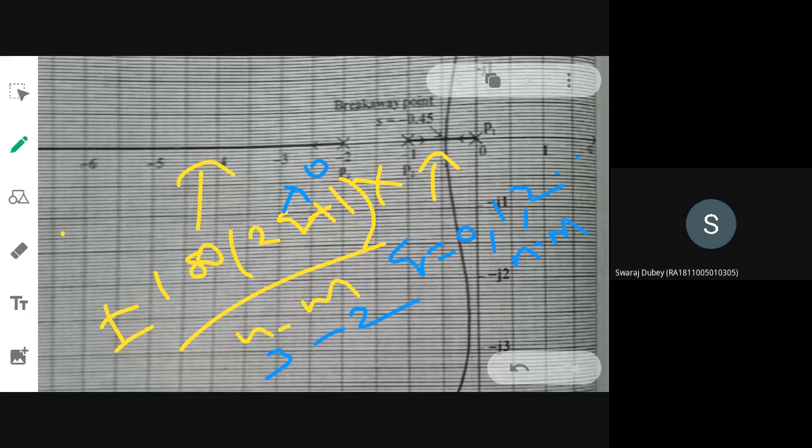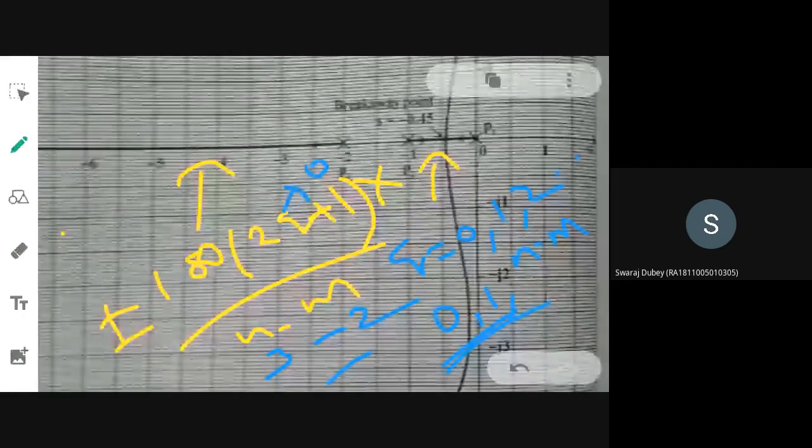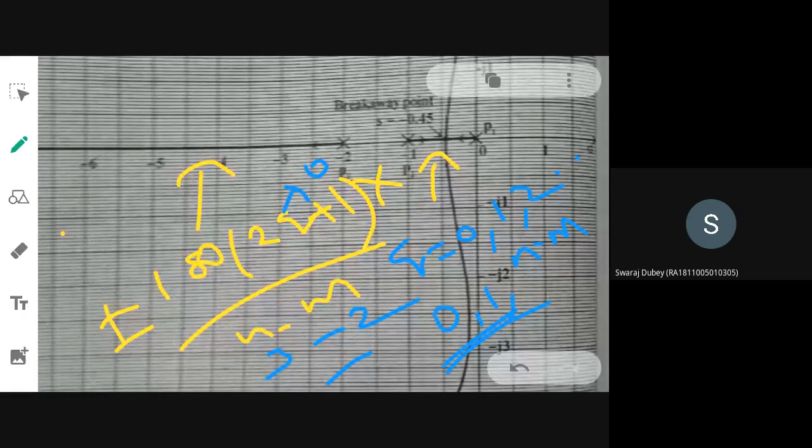So you can obtain two possibilities, because 3 minus 2 is 1. You can substitute q equal to 0, you can substitute q equal to 1, but there are only two more branches left out. If you substitute q equal to 0, I will easily get two angles. That is sufficient. I need not proceed to substitute q equal to 1. If you want, you can substitute, but that is of no use in this problem. Swaraj, you understood? Yes, ma'am. Okay, what is the angle that you are getting?